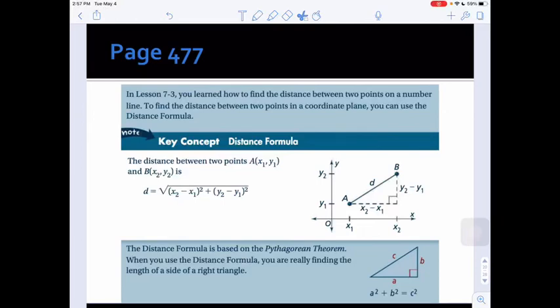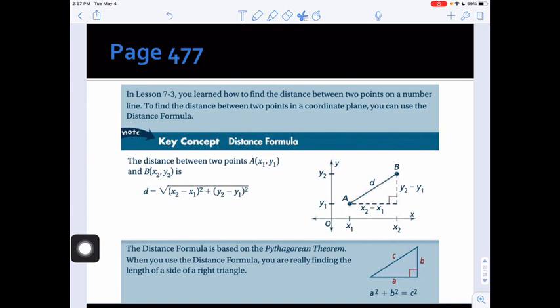Section 7.6, Example 3 on page 477. In Lesson 7.3, you learned how to find the distance between 2 points on a number line. To find the distance between 2 points in a coordinate plane, you can use the distance formula. The distance between 2 points, A (x1, y1) and B (x2, y2): we can see A is x1, y1, and B is x2, y2, we have d equals the square root of (x2 minus x1) squared plus (y2 minus